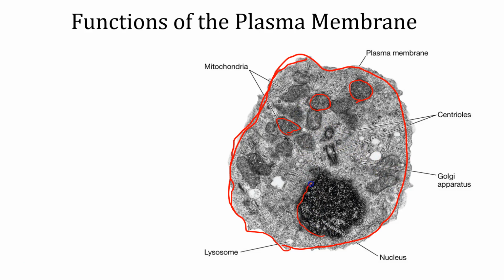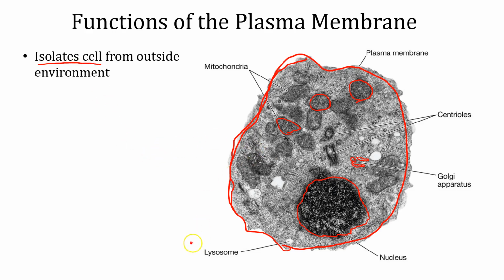Remember, the nucleus has a nuclear membrane, another plasma membrane surrounding it. Things like the Golgi apparatus, these all have little plasma membranes around them. So there's a lot of plasma membrane in a cell. One of the biggest things that we usually think of, though, is that it isolates the cell from the outside